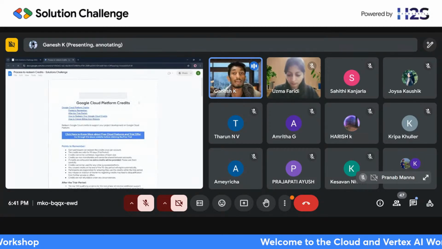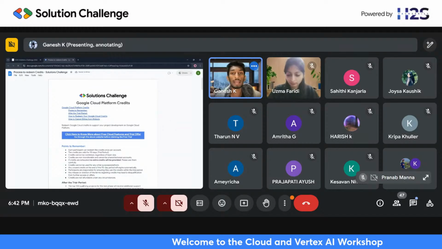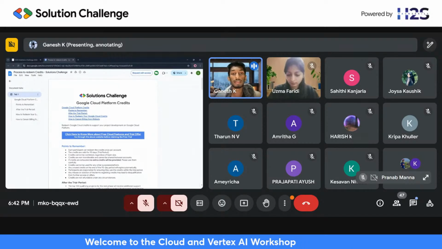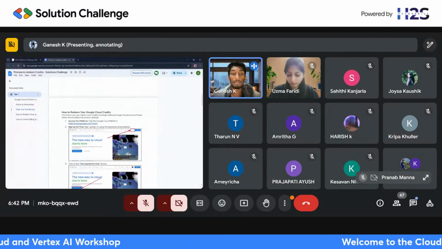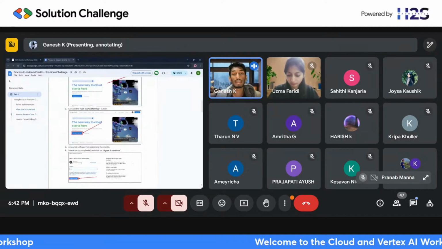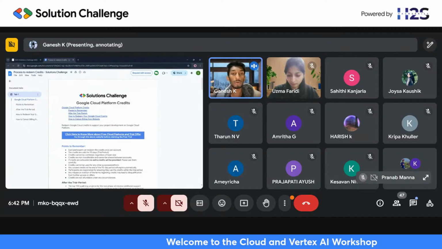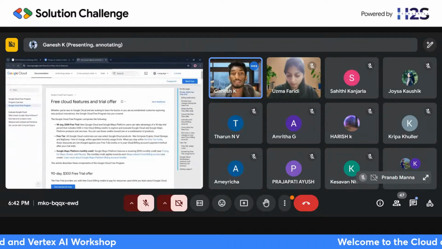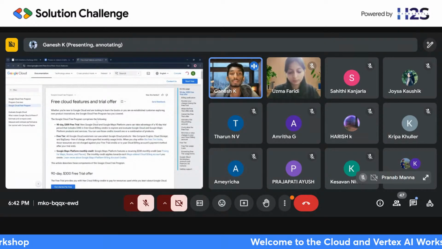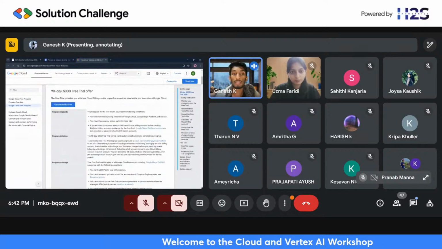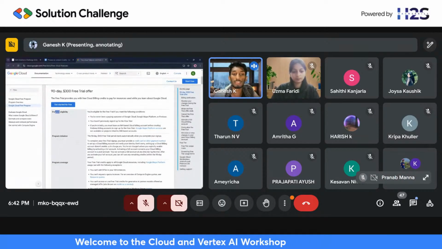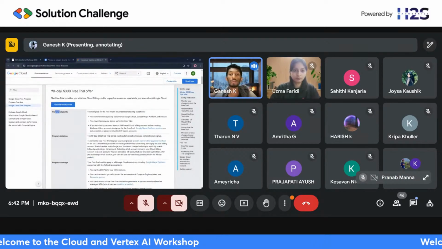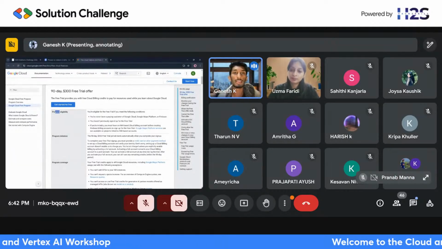Once you click on this link, it will navigate you to a doc which contains important key information regarding the Google Cloud Platform credits and how to activate those, and the step-by-step process along with the screenshots. Everything is attached over here. What I would ask you to do is, before redeeming the credits, just go through each and every step and each and every criterion given in the platform with features, such as program eligibility and program initiation. Make sure you go through all of those things because these are the key things to redeem the